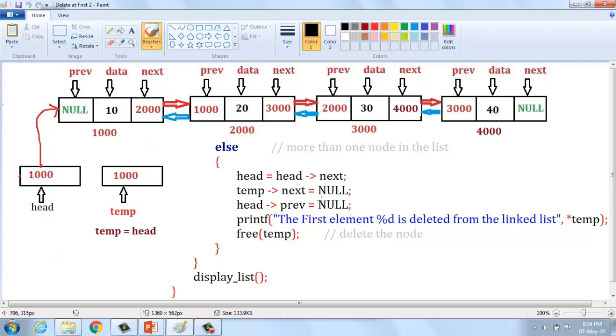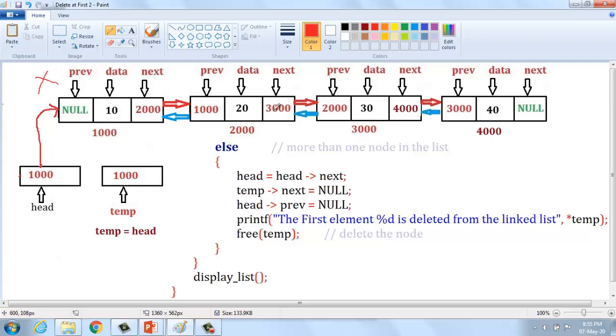And the third condition is if there are n number of elements present in the given linked list, my aim is to delete the node at the beginning. We have to delete the first node from the given linked list.